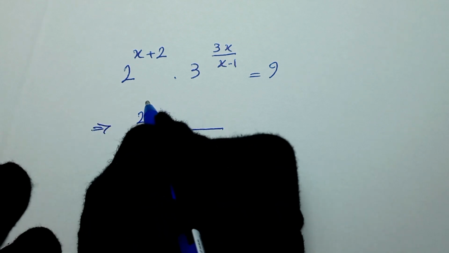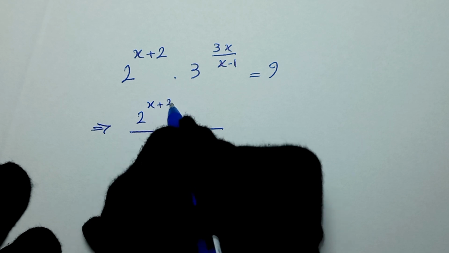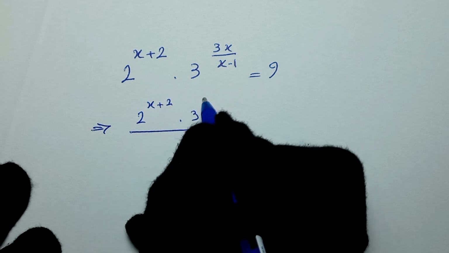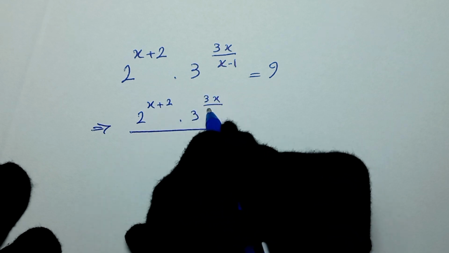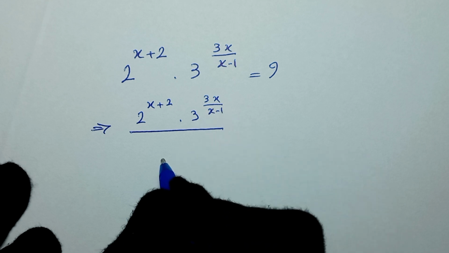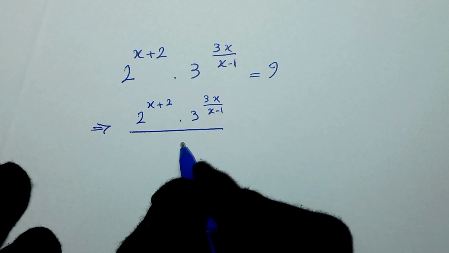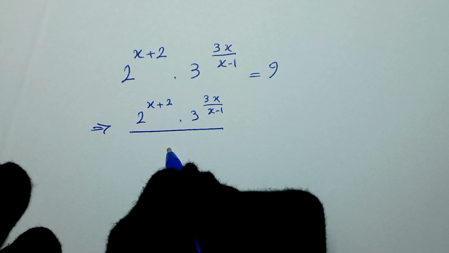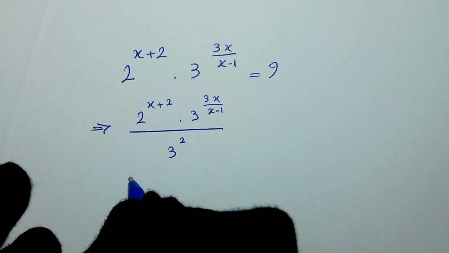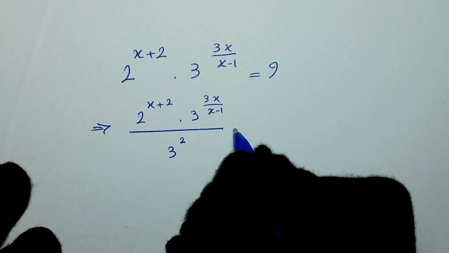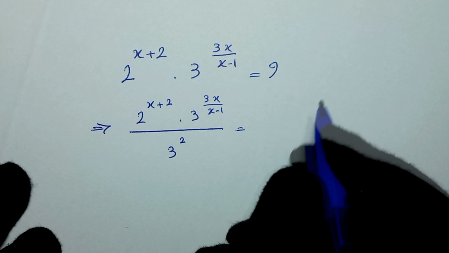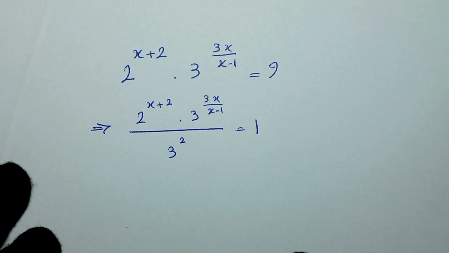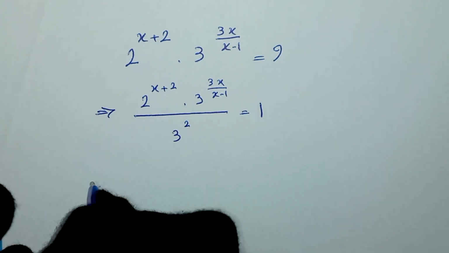So it will be 2 to the power of x plus 2 times 3 to the power of 3x over x minus 1 over 9, and we can write 9 as 3 squared, 3 to the power of 2, right, is equal to, this divided by 9 is 1, okay? And next step,